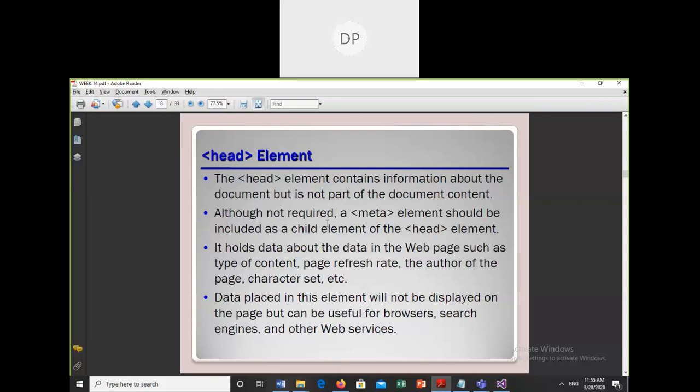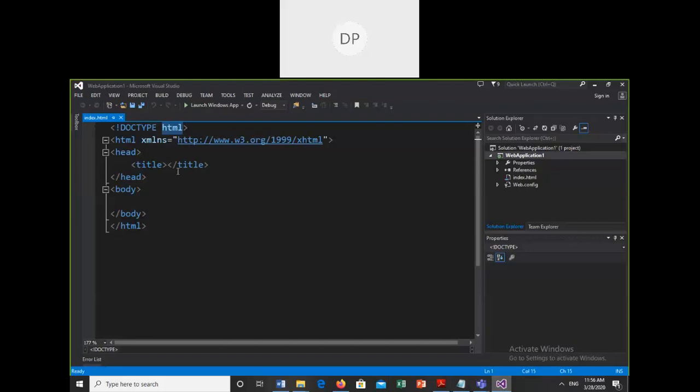Although meta tags are not required, the meta element should be included as a child element of the head. It holds data about the data, called metadata, such as the type of the content, refresh rate, author, character set, etc. For example, if you want to use Sinhala or Tamil in your web page, you use the character set called UTF-8. For example, here you can say meta